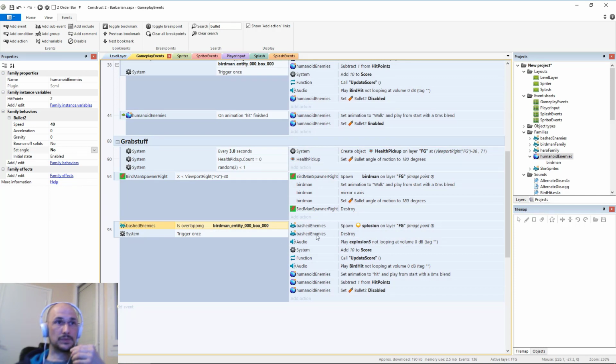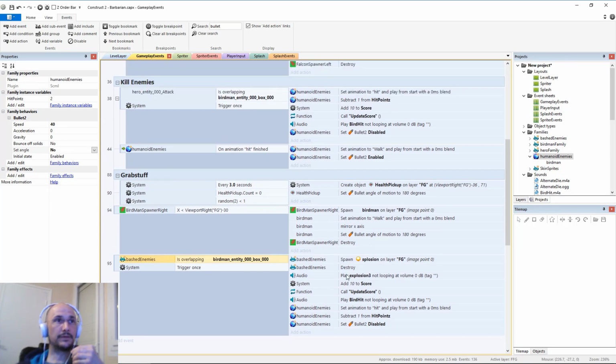Spawn the explosion, destroy. Play the explosion sound, add to score. Play the bird hit noise. Oh, that could be another issue. We're playing specifically bird hit. But I know a way to fix that later too once we have other enemies. We'll worry about that later. Set animation to hit. Subtract 1 from hit points. That's all good now. Oh, the other thing we're going to need, this is a bunch of backtracking, my apologies everyone,